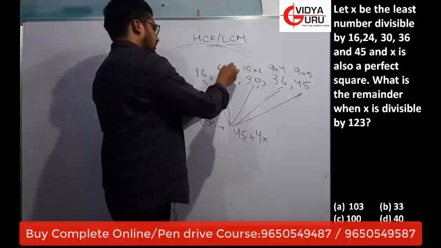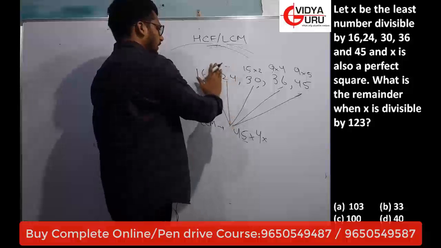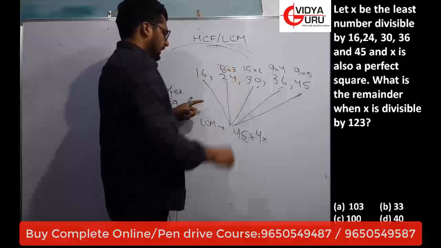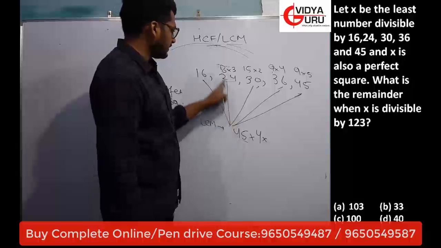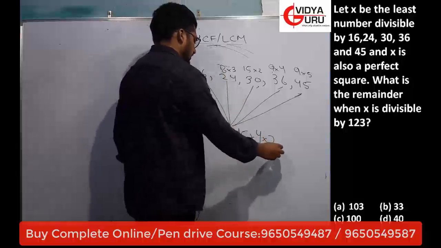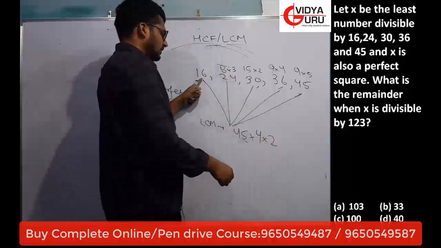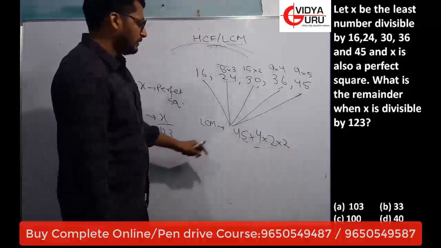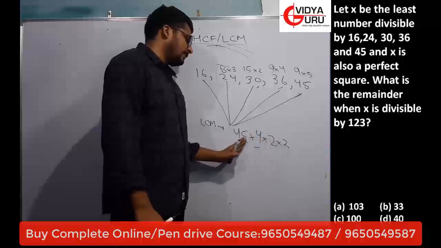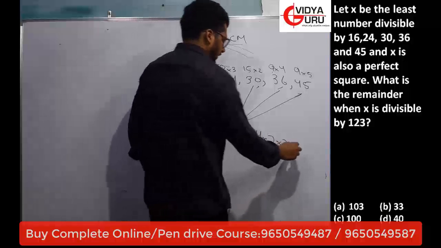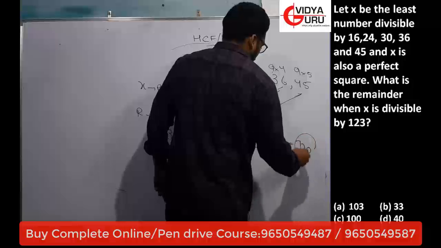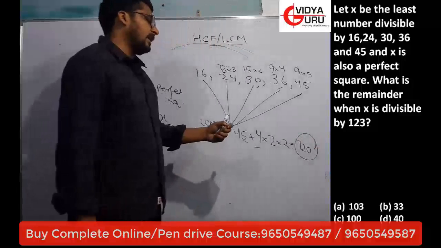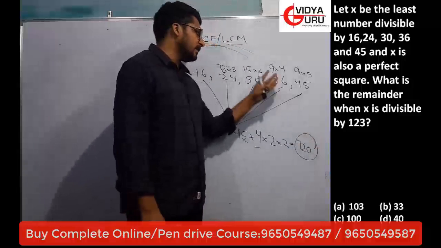24 is 6 times 4, or 8 times 3. 3 is present in this, 8 needs one more 2, 4 is present, 2 is less. And in 16, 4 times 4 is 16, one 4 is there. To make one more 4, we will multiply it by 2. What will be the result? 5 times 9 is 45, 45 times 2 is 90, and 8 nines are 72. The LCM will be 720.